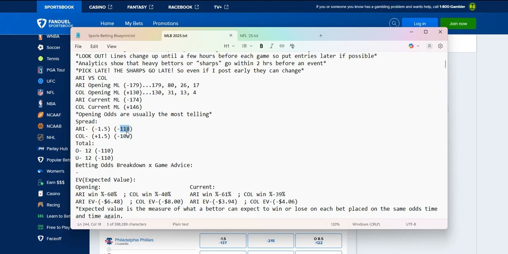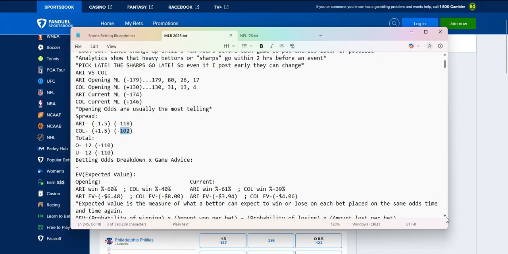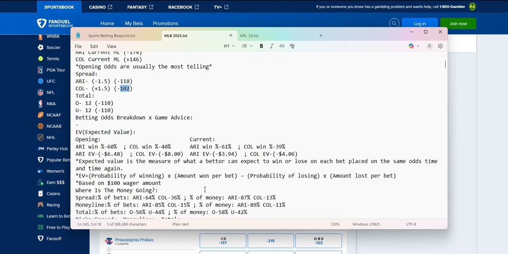It's hard to go against that, especially with this minus 118 being so high. But I'm looking at this minus 102, which is why I would consider Colorado. I would consider Colorado seriously if these odds hold up. If they continue getting 89%, which I don't think will happen, and 85% of the betting here on the money line, I would consider going with Colorado across the board based off this minus 102 run line here. That is a strange run line when you compare it to the minus 108, which is normally opposed to the minus 104.